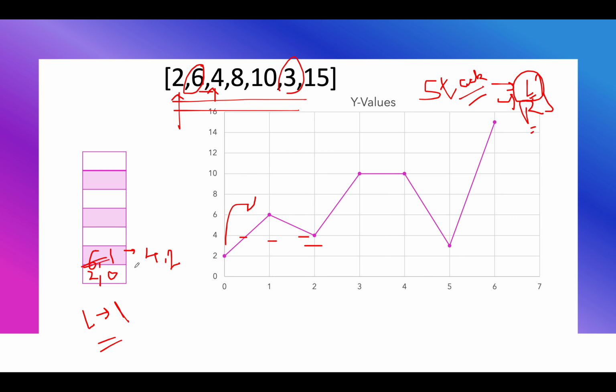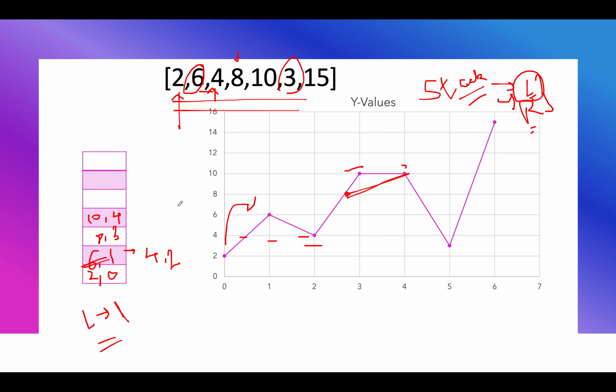Let's move ahead with the iteration. Now we have 2 comma 0 and 4 comma 2, and then move ahead. Next we have 8 comma 3, so we'll add 8 comma 3. So we are here, looks good. And then we have 10 comma 4. This should be 8 comma 3 somewhere here. Sorry, I think there's a mismatch of points. Kindly ignore this. It won't impact the answer because anyway it is in increasing order.